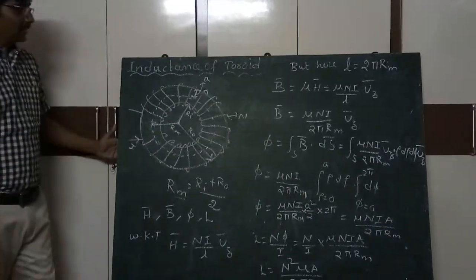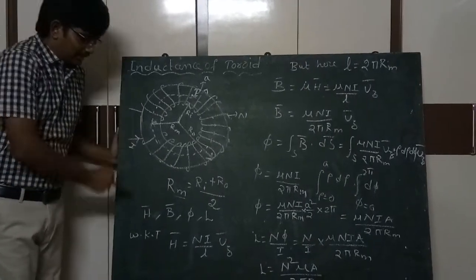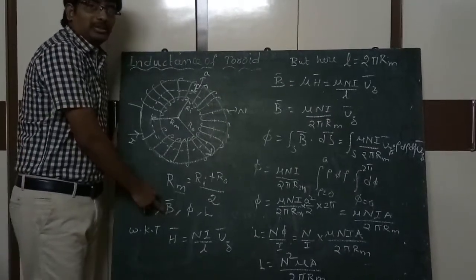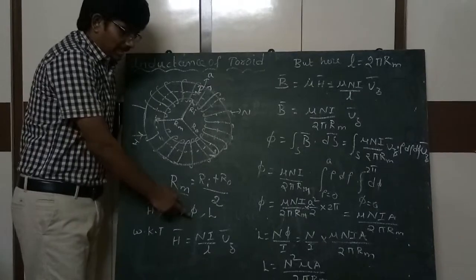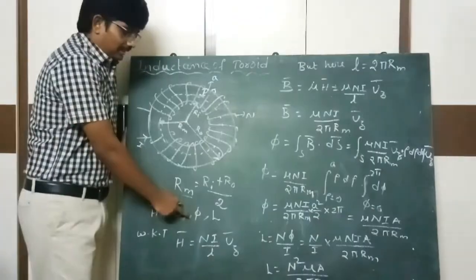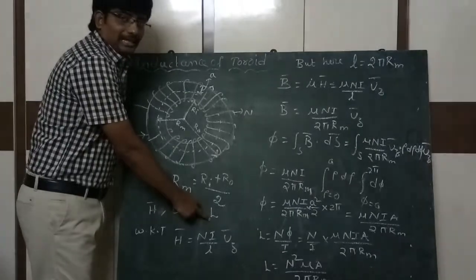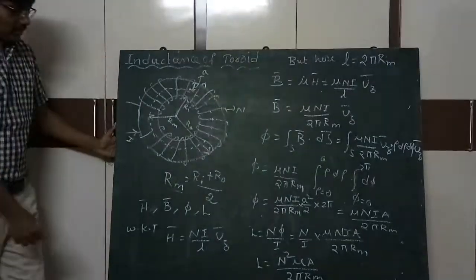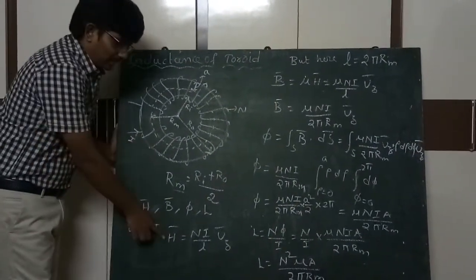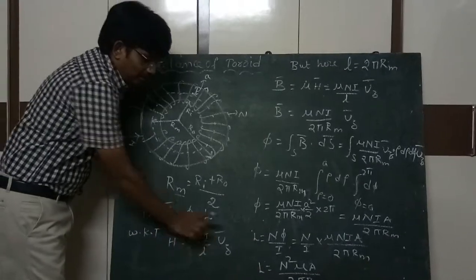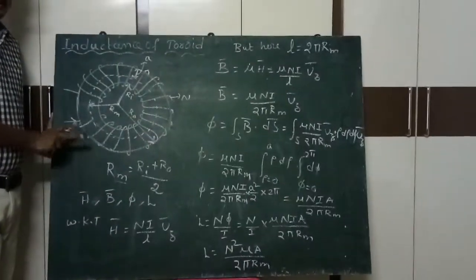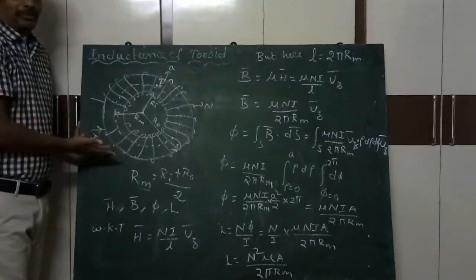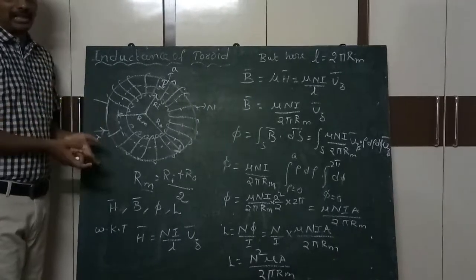Okay. Now here also, in order to determine the inductance of the toroid, first we need to calculate the magnetic field intensity H bar and then B bar by using the relation B bar equals mu into H bar, and then we need to determine the flux produced by the toroid. After that we need to determine the inductance of the toroid by using the formula L is equal to N phi by I. Okay. And we know that the magnetic field intensity due to a toroid also, H bar, is equal to N I by L into Uz bar. The same formula which is used in the case of a solenoid can be used here also, because those two are the same, but the toroid is bent in the form of a circle only.